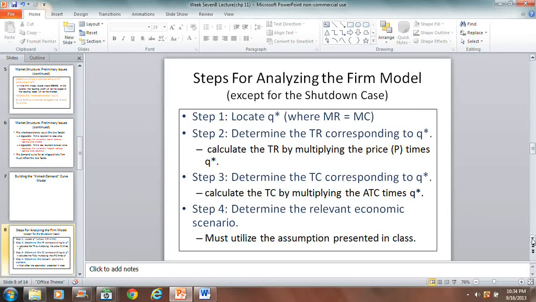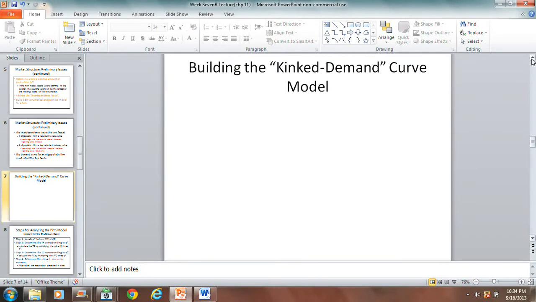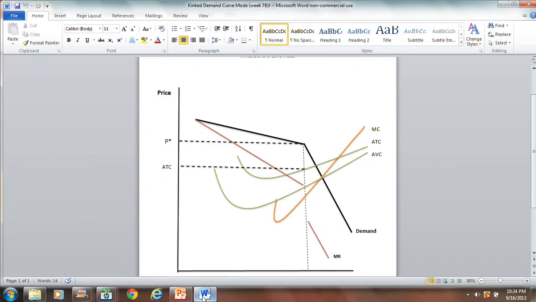We then extend those outcomes to make them economic outcomes by making some assertion about opportunity costs. So just like we've done in the previous 3 market structures, we have to make our results for our model reflect economic scenarios, not just accounting scenarios. Okay. All right. So we will then proceed to introduce the kinked demand curve model, and that model, when you study it, looks something like this.